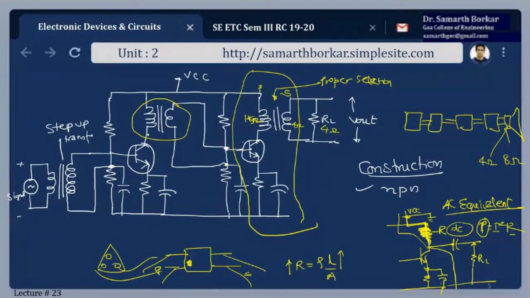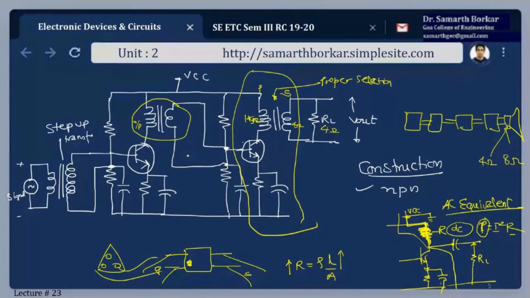Fine. Meaning the output is generated here. This output is coupled back to the input. There is slight loss in the signal, that is understood, but then the signal is tapped from the secondary. The collector load, normally we have a resistor, isn't it? So the collector load here is replaced by the primary winding of the coupling transformer, and the secondary winding of the coupling transformer replaces the wire between the voltage divider. Fine.